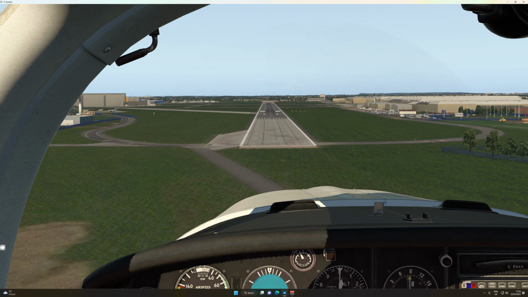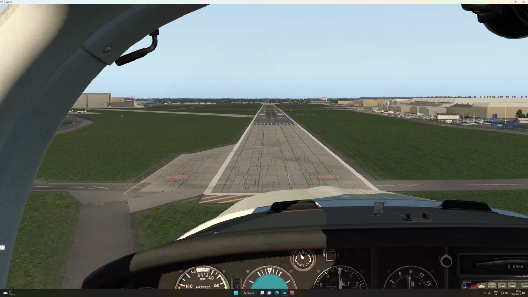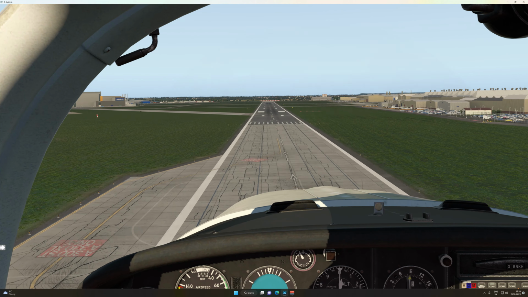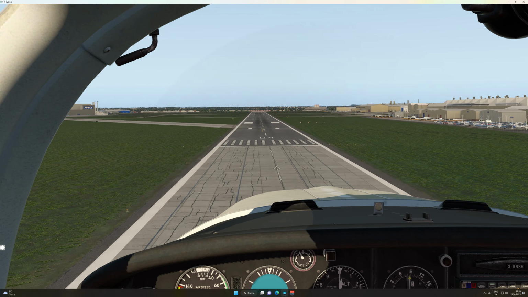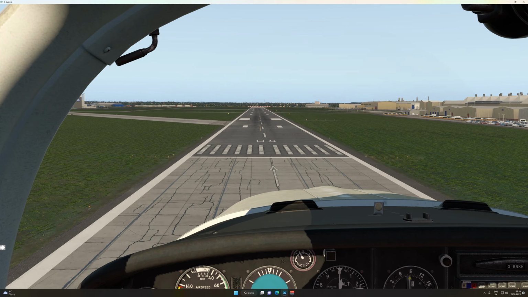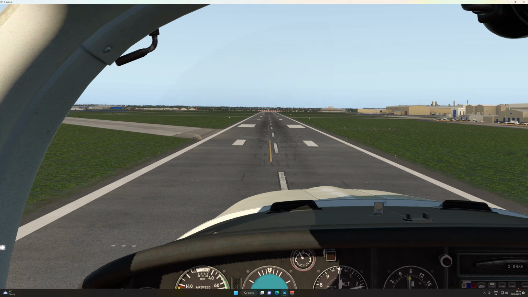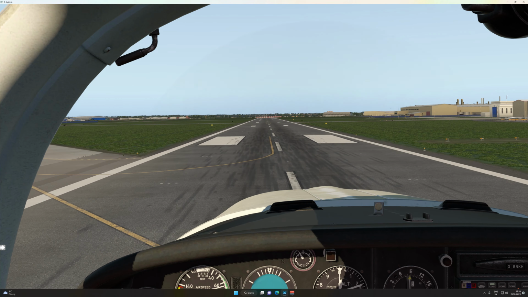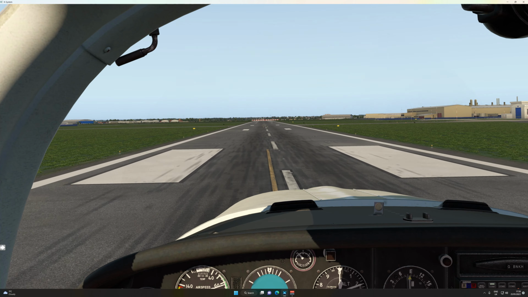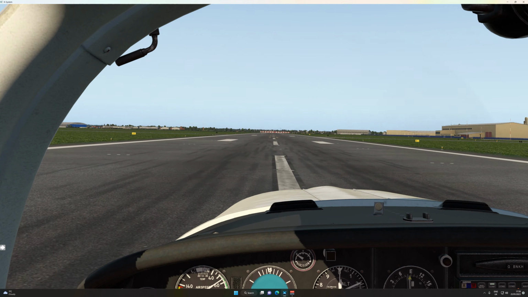We cross over the initial threshold, and at Hawarden, again, this is pretty well represented in the scenery. This first area is not part of the threshold, the concrete. As we cross over this onto the black tarmac, start to reduce the power. The aircraft settles down, so we want to hold the aircraft up, literally float above the runway. Once we can see the texture, power off,